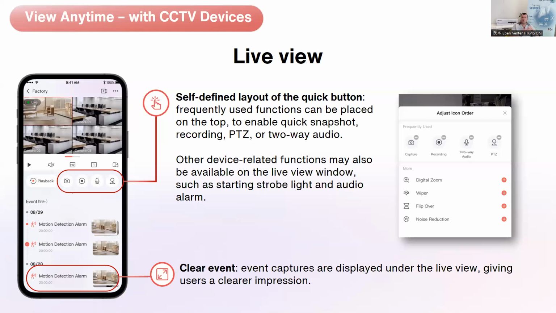On these devices itself, not all devices have these options. Some will have options according to the devices itself. So if you do have a camera that's got a built-in microphone, a built-in speaker, it will allow you to have that two-way audio, which allows you to press the button and yell at your children in the lounge, playing